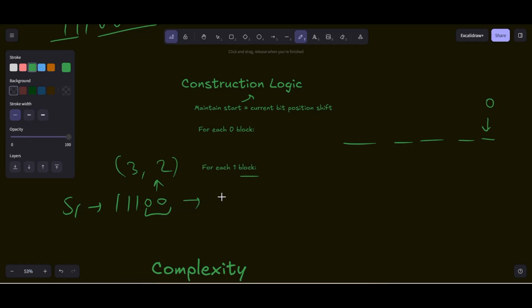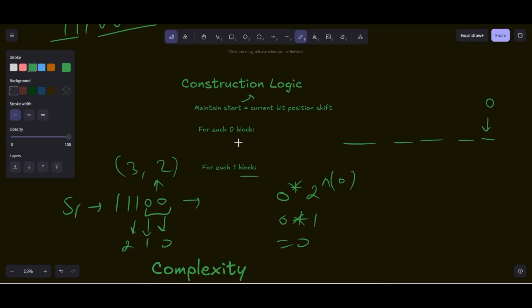If you convert this to binary, for the zeroth bit it becomes 0 times 2 to the power of the bit position. The bit position is 0, so that is 0 times 1, which is 0. So if the bit is 0, it does not add any value. It only moves the bit position by its count. The count is 2, so the bit position will move by 2. In this example, you can see the bit position has moved by 2 units.